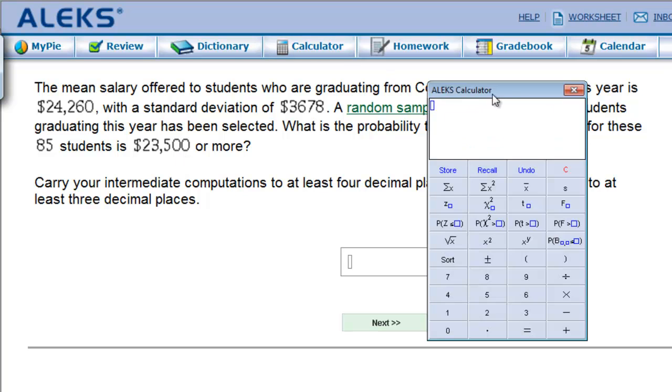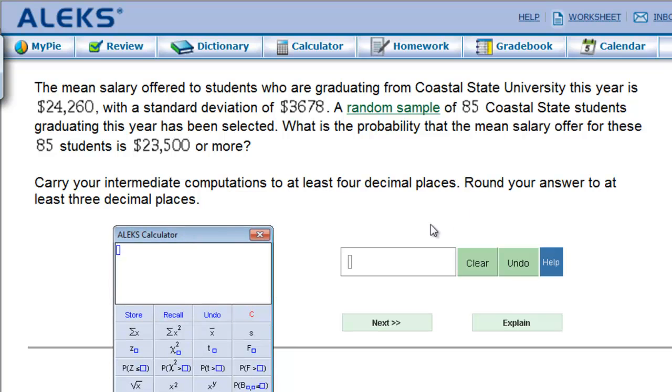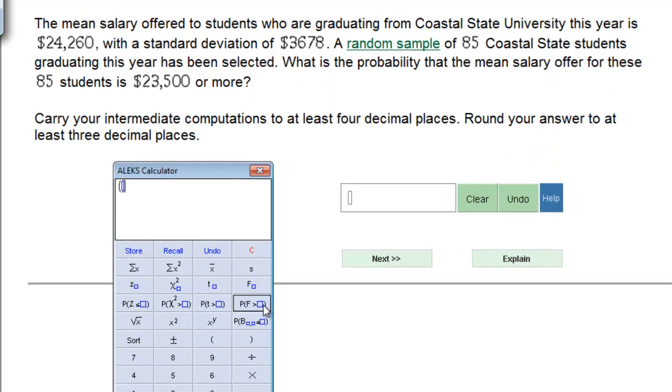So the formula we're thinking of, let me put it over here, is z is equal to x bar minus mu over the standard error, which is sigma divided by the square root of n. So first I'm going to start with x bar. My x bar that I'm trying to check on the z value for is 23,500. I'm going to subtract from that the mean, which is 24,260,